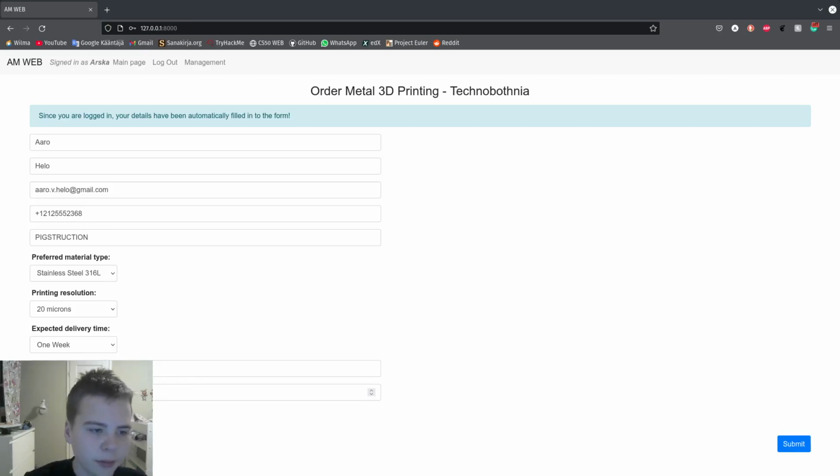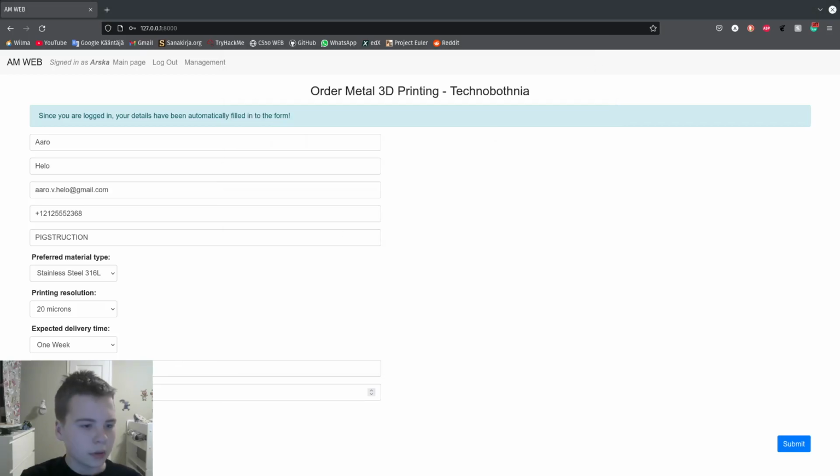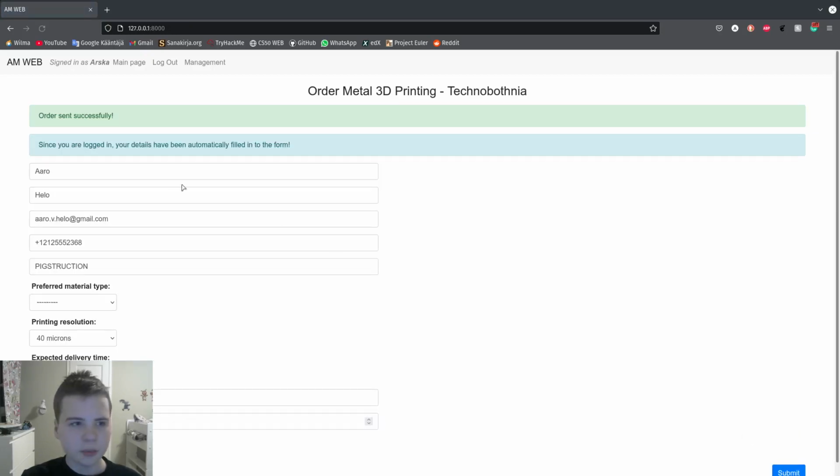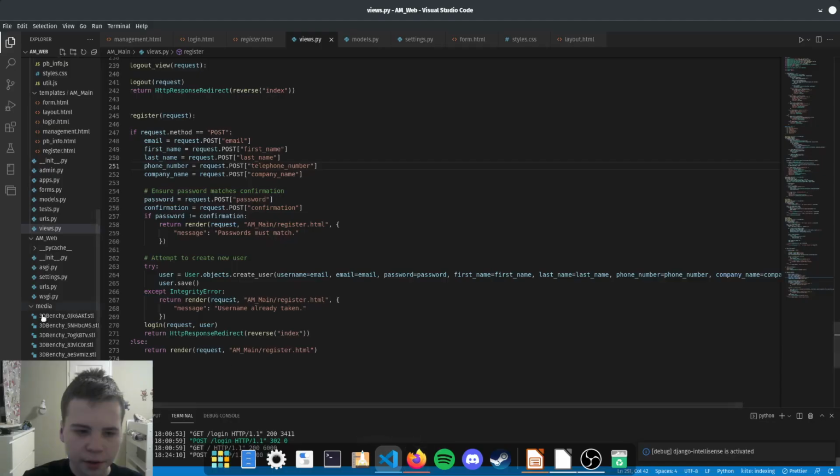Here is some information that they need, and you can input some 3D model files. Now if you press submit, it tells you that the order was sent successfully and all is good. Now here in the backend,